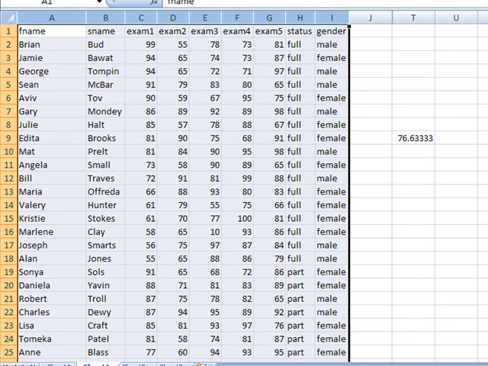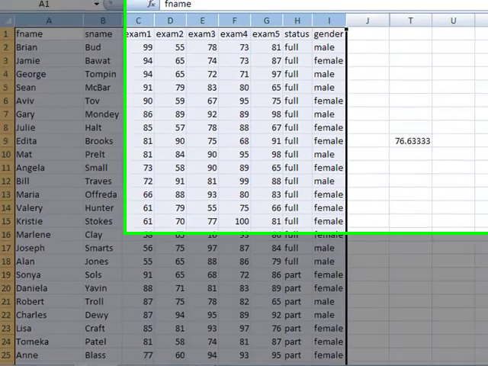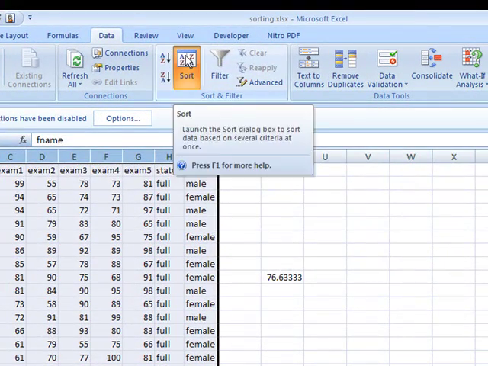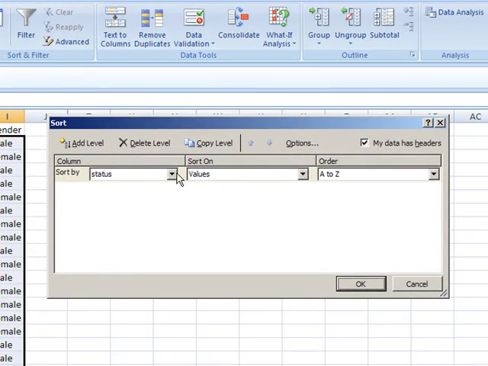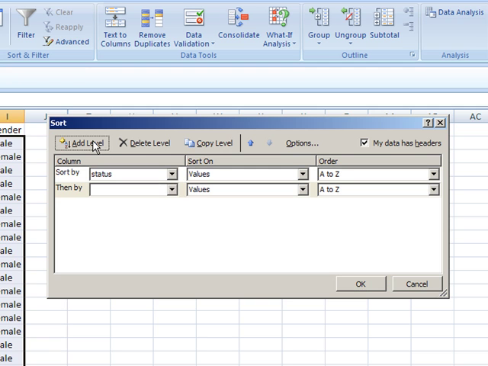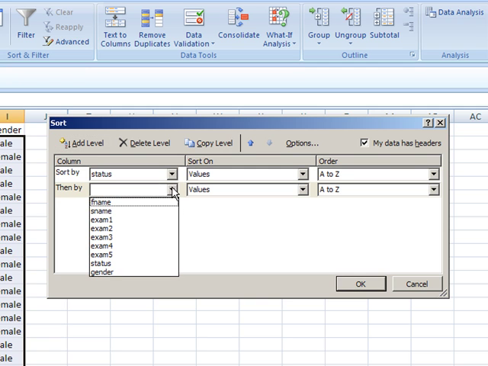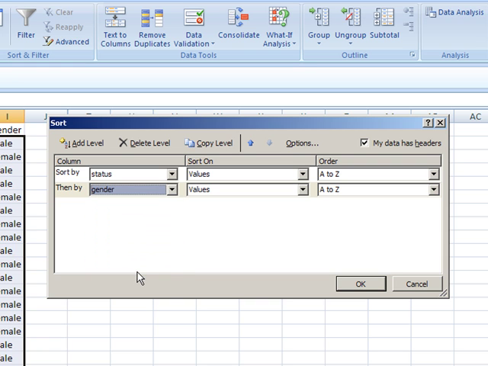We have the ability to add a level so that we can sort by one field and then by another field. What this means is, let's take a look at our data where we can now sort again, and we have sort by, in this case we said status, but let's add a level, and in this case we will sort also by gender. And let's just see what we have here. We click on OK,